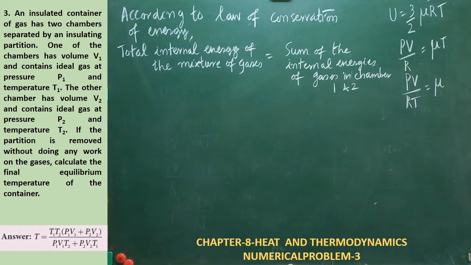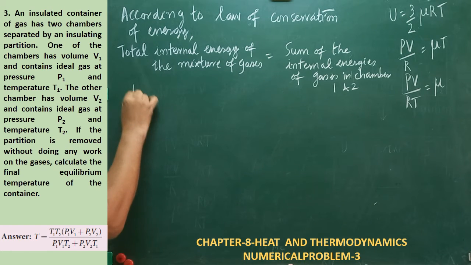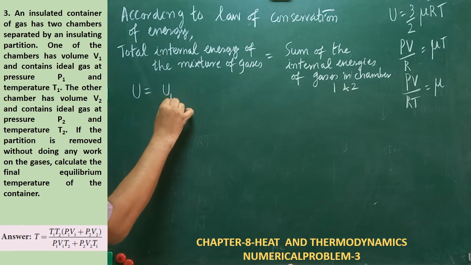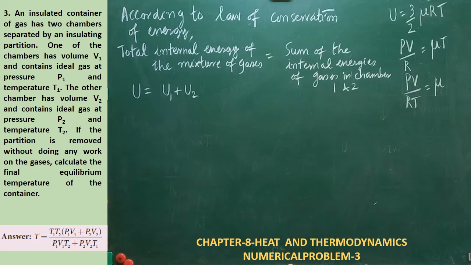It could be written in equation form: U is equal to U1 plus U2 is the formula. Now instead of U we can write